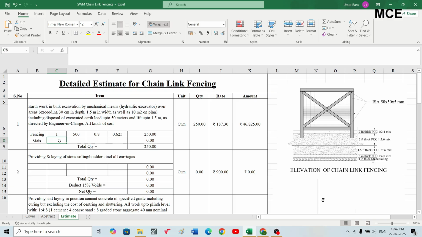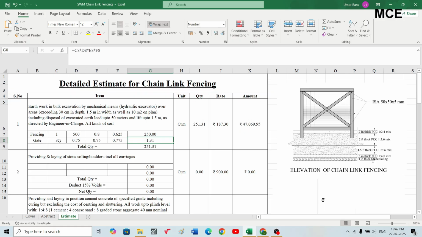But we have to fix the structural steel. We will first make small pedestals, and in that we will fix the structural steel, and we will then use a structural steel gate. So I will be taking three pedestals. Okay, three pedestals, and for this the width will be 2.5 feet, that is 0.75 meter. I will make it as a square, so 0.75 into 0.75, and depth I will be taking it